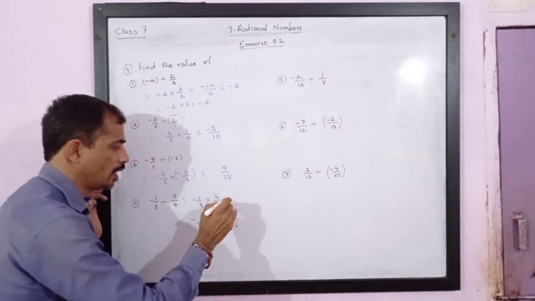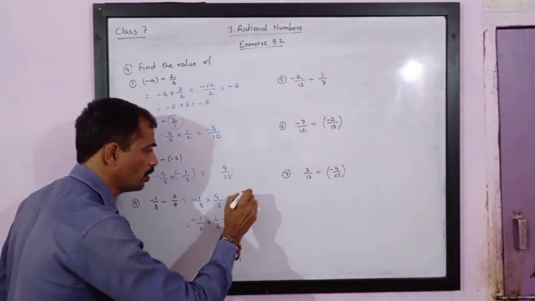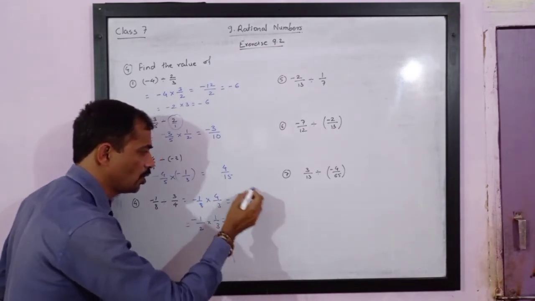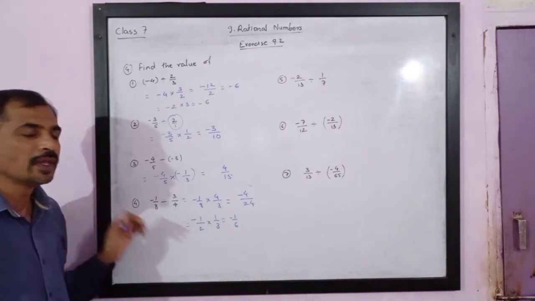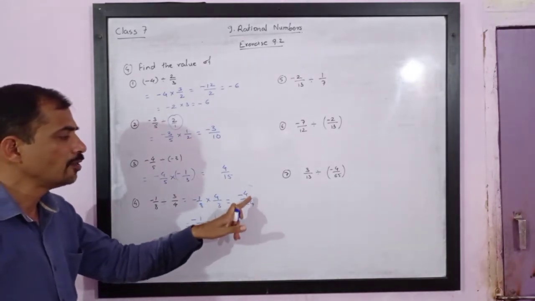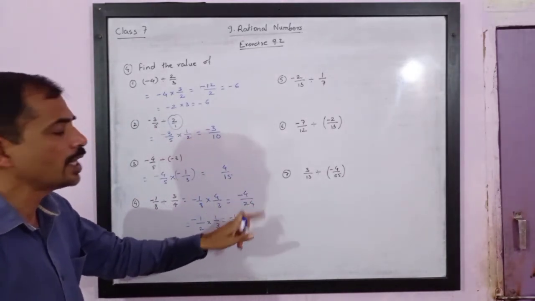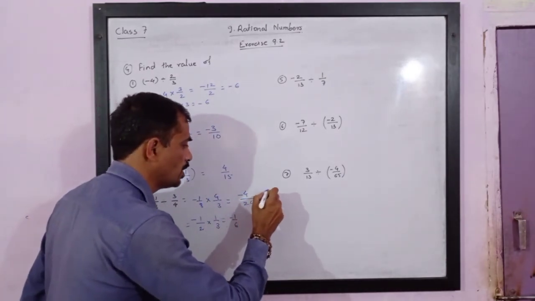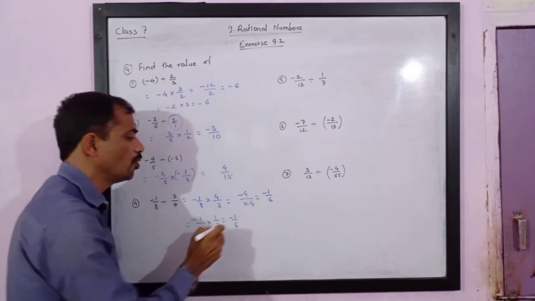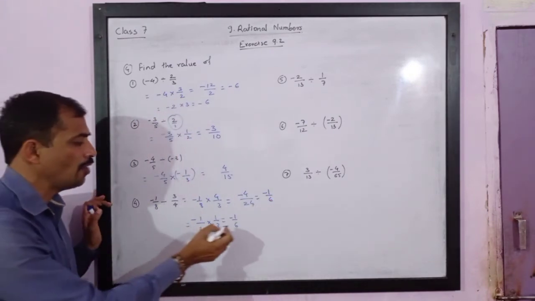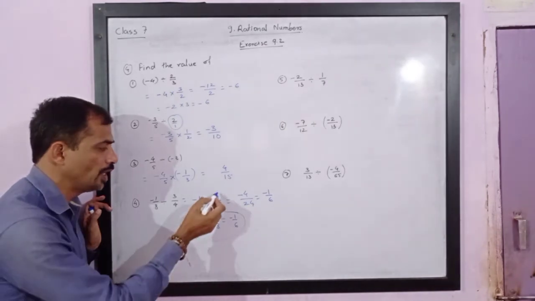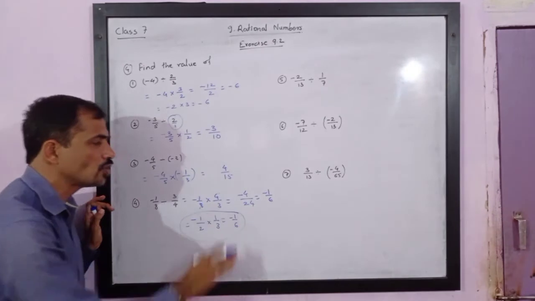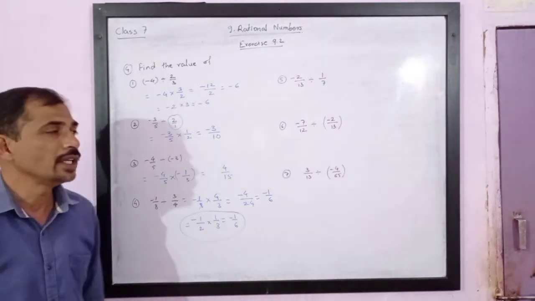Otherwise, it can be solved regularly. That is 4 ones are 4, negative 4, 8 threes are 24. Please note, this fraction is reducible. Both are multiples of 4. So divide numerator and denominator by 4. You will get this is equal to minus 1 upon 6. Please note, we get the same answer. So I prefer this method. The reason is we decrease the number. If numerator and denominator are reduced, the numbers are reduced, and so the probability of making the mistake decreases.